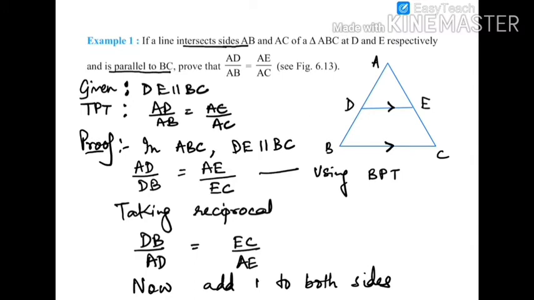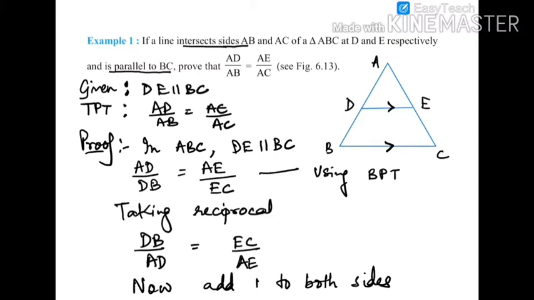Now remember, it is very important to write the correct order of the ratio. So if you start from point A and write the ratio as AD upon DB, then for the other side also you should start from point A and write equal to AE upon EC. But if you write the ratio as AD upon DB equal to CE upon EA, then it is wrong. Likewise, AB upon BD will be equal to AC upon EC.